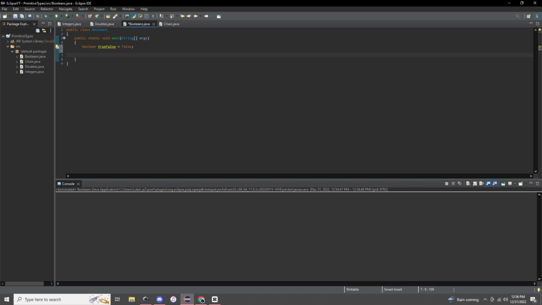Now, another thing we can do is we can use Booleans to check different conditions, right? So we'll get more into this when we're doing if statements and loops and stuff like that, but these Booleans can be set by conditions that you check. So for example, let's say we have an integer, and we'll call this number, and we set it equal to 5. This Boolean now, true, false, can be set to